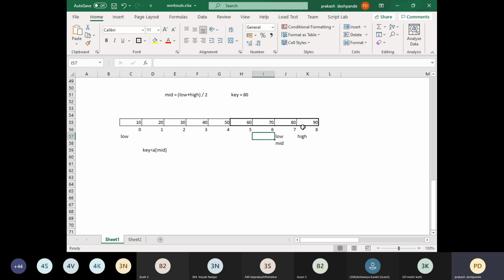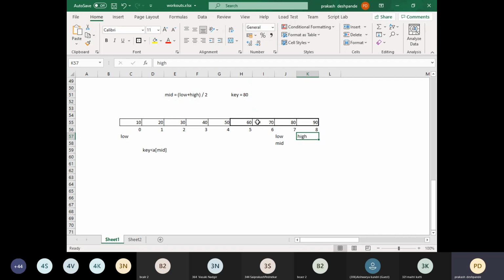How long we need to search? Two possibilities. One, until the element is present. And if we continue searching all the elements and we couldn't find the element, that means definitely that element is not present. On what basis do we stop this search method? Once the low value becomes more than the high value.